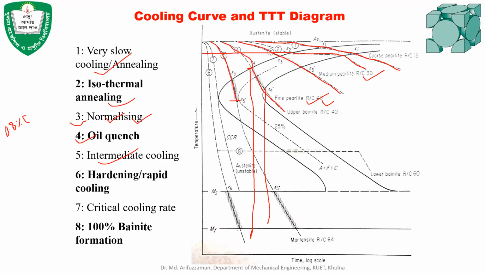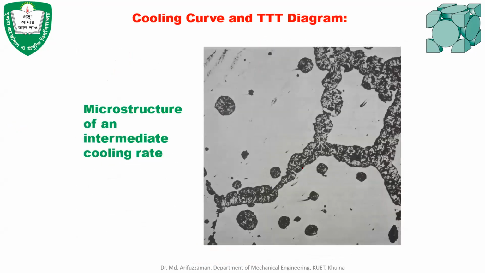Pearlite formation is produced, and then this is austenite. Okay, and the rest of the austenite will continue to remain austenite. And when the temperature is less than the martensite forming temperature, then it forms martensite. That means in the case of intermediate cooling, some of the grains will be pearlitic grains, and the rest of the grains will be martensite. If you look at the microstructure here, this microstructure is for the intermediate cooling rate.